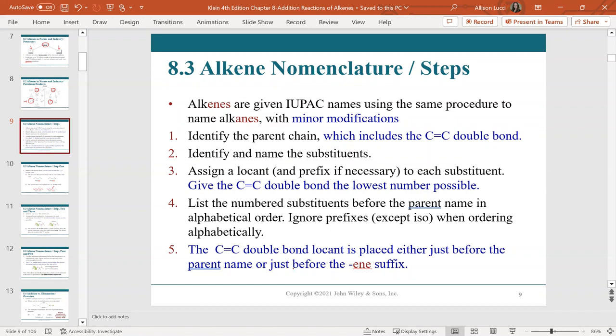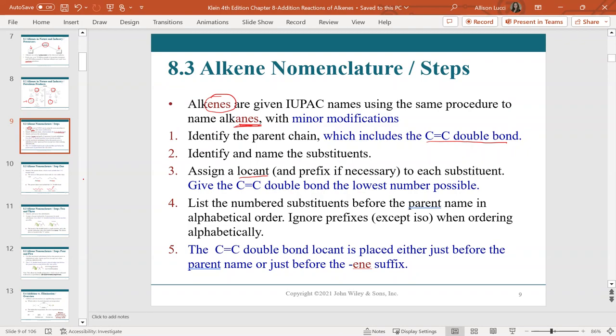So as with all different types of compounds, we have to review nomenclature. So alkenes are no different. We already know how to name alkanes, which are all single-bonded hydrocarbons, but an alkene, we know, has at least one carbon-carbon double bond. So that's the only difference between what we've looked at before, and we have to assign a locant to that